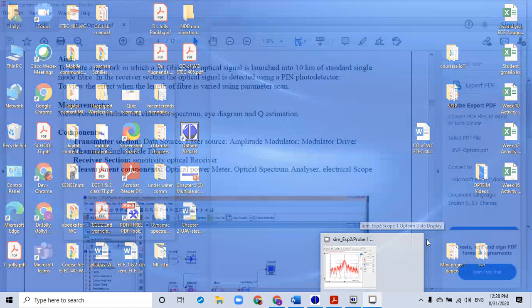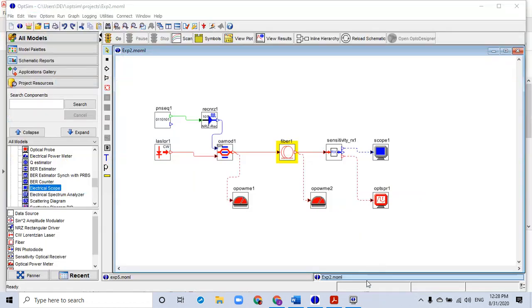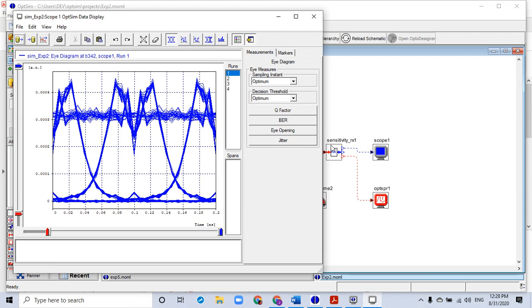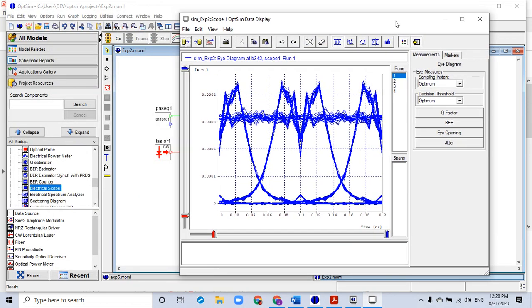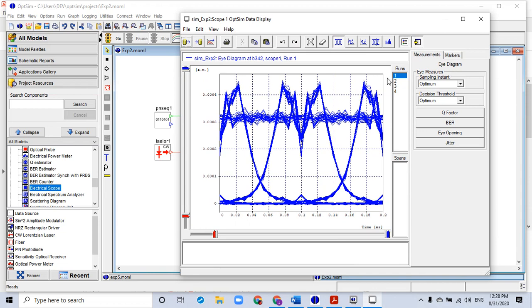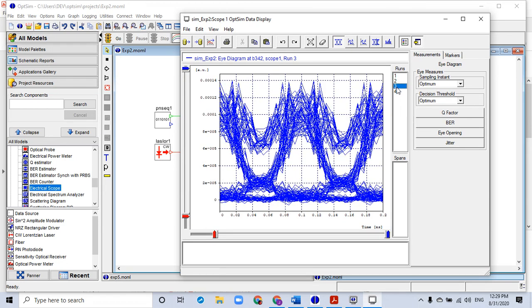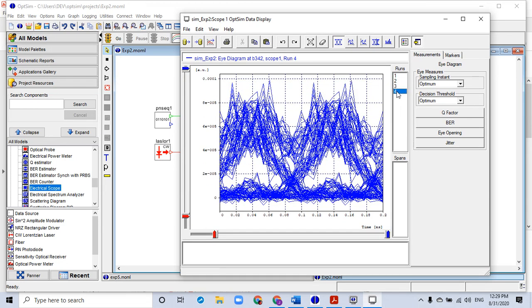I just close this. These are the previous results, so we don't need them. So again, this is the eye diagram for L equals 10. For L equals 20, this is much better than the previous ones, right? Here you are at least able to check the eye opening.